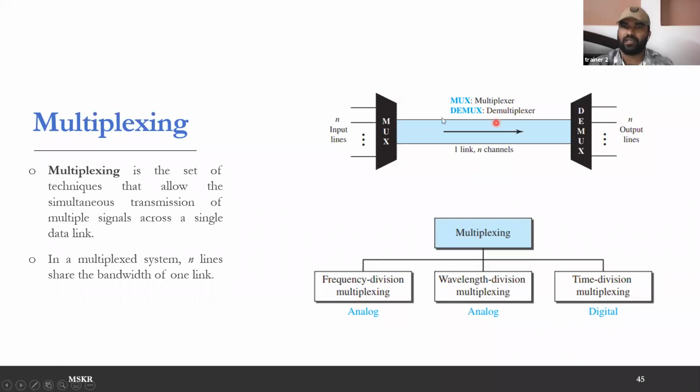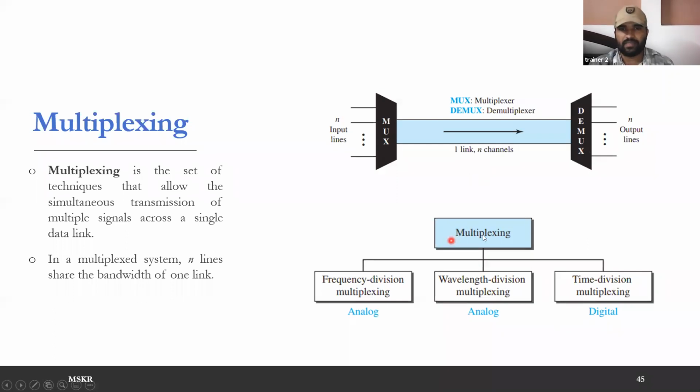Normally they use optical fibers, and they combine signals from hundreds of users in one cell tower region and send them through this optical fiber, which has more bandwidth. At the base station, they separate them individually and forward them to the corresponding receivers. That is how they use these multiplexing techniques to their advantage.